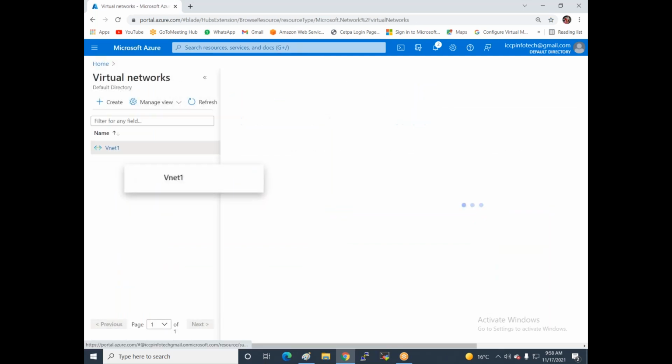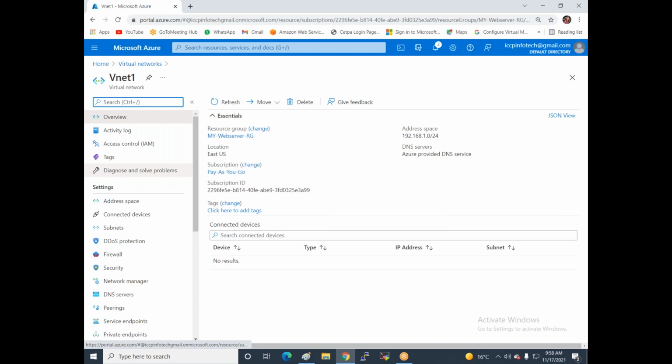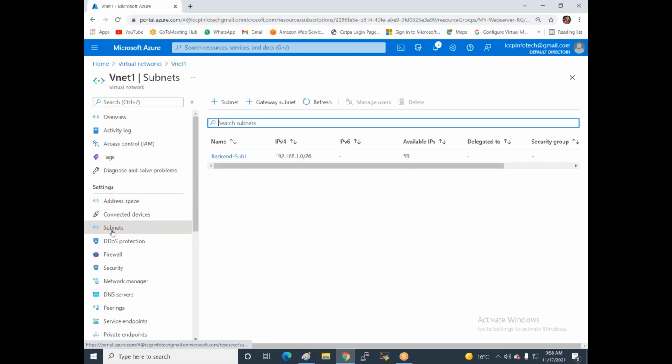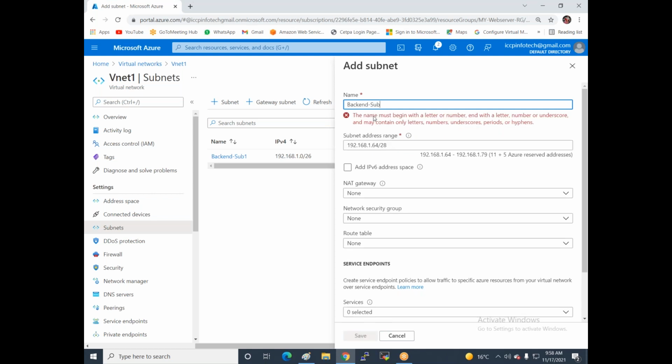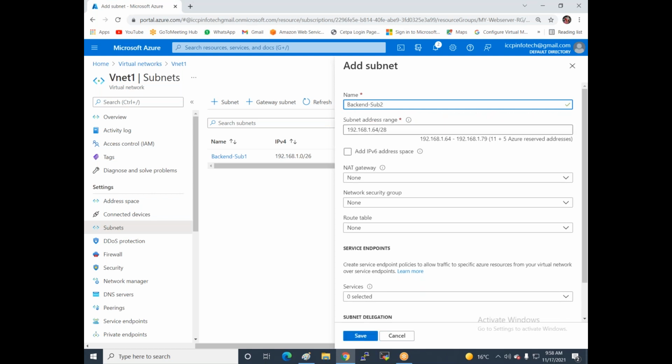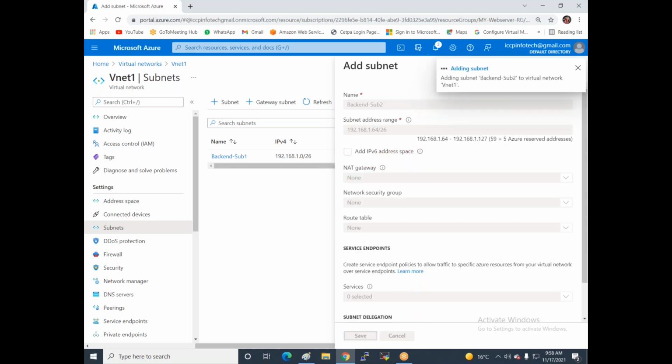Then click on subnets. Inside the subnets, you can see that one subnet is available. To add a new one, click here, and I give the name backend subnet 2. Now I give the 24/26, and now save.